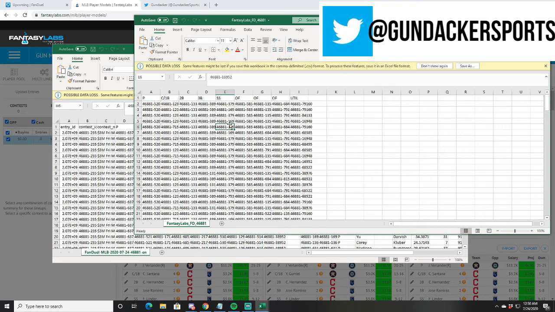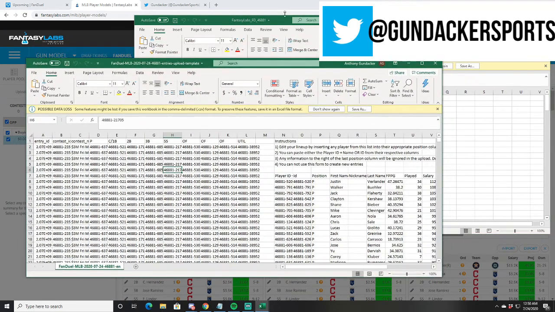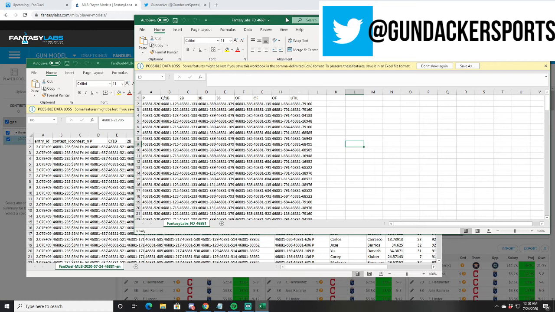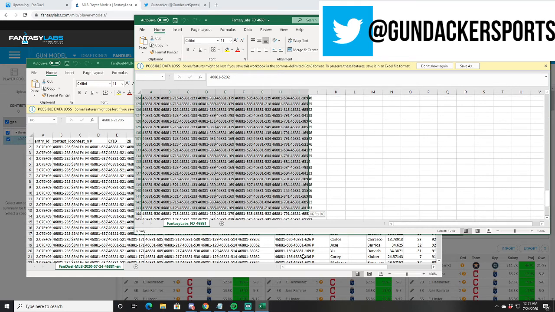So this is the file I just downloaded from Fantasy Labs featuring 150 lineups. All it is is position and ID numbers for players. Some optimizers will use the ID numbers from the site, or they'll just use the player names. I don't really think it matters as long as you have something that correctly associates the player that you want. So what we're going to do here is copy all 150 lineups, just click and drag, copy,